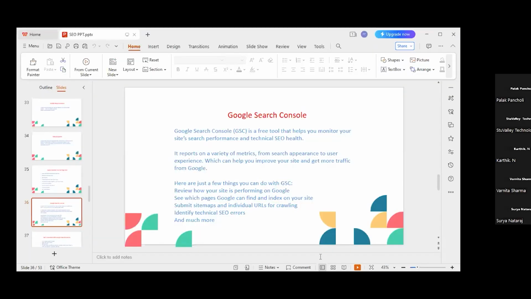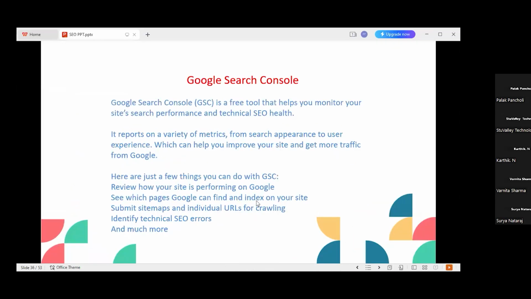Now, first of all, when we switch to technical SEO, the first thing that comes is Google Search Console. Okay, so is my PPT visible? Yes, visible? Okay, so any idea about Google Search Console? Anyone have used it earlier? No. Okay, so